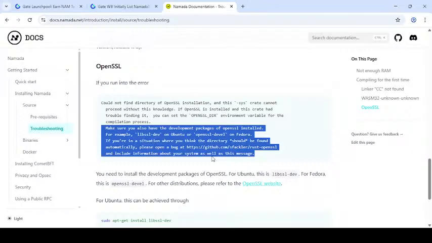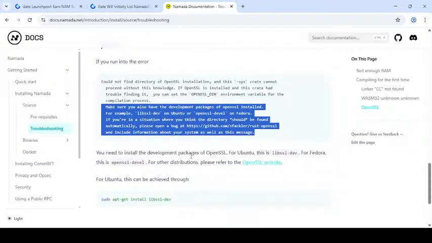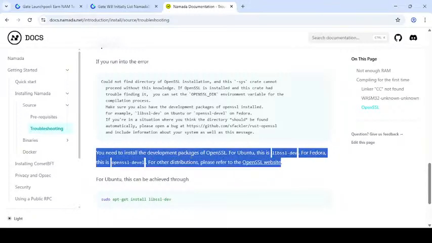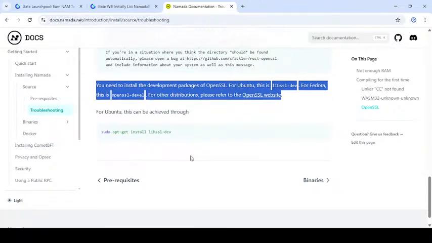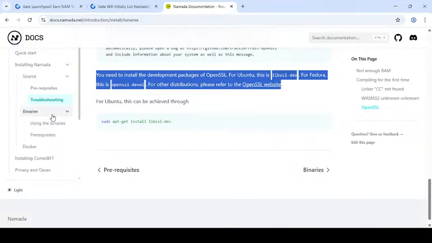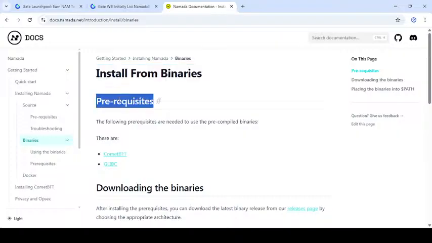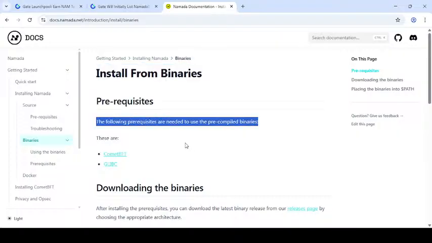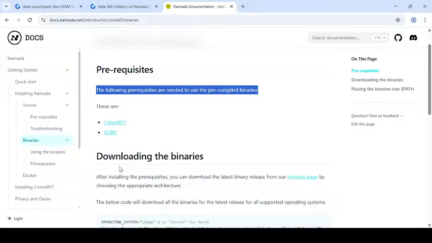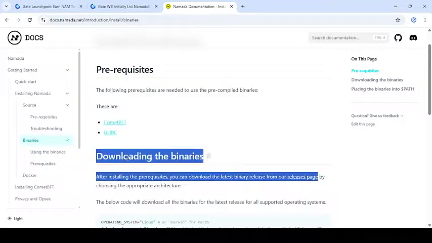If you read in situations where and breakdown maze and you can need install development package often as LL, and development is so often essential website for education and the behaviors equations, installs binaries and the free, the following recruited need to free complete binaries the downloading binaries and after installing the preparation you can then